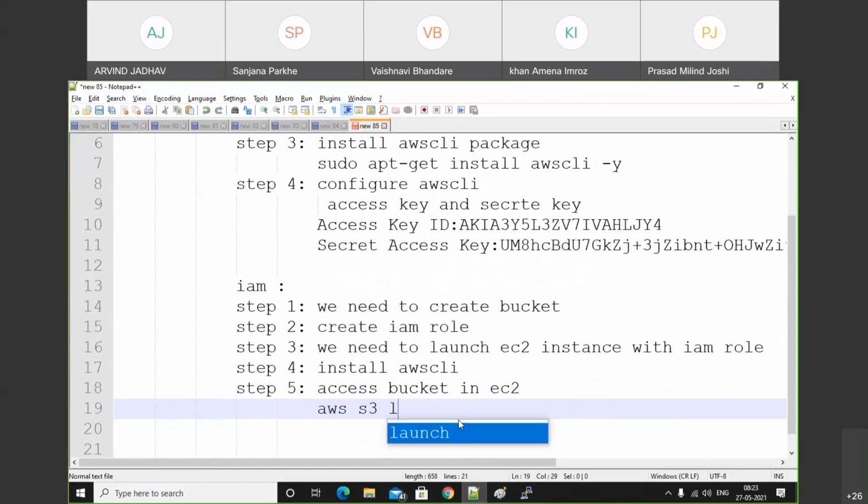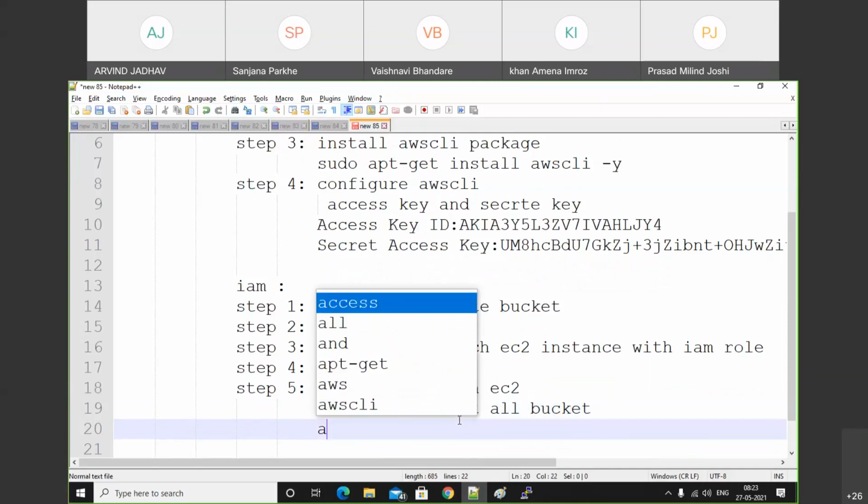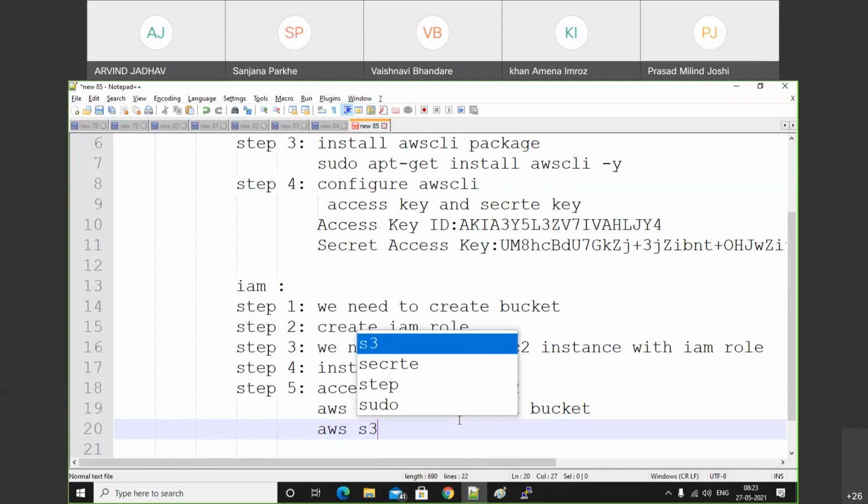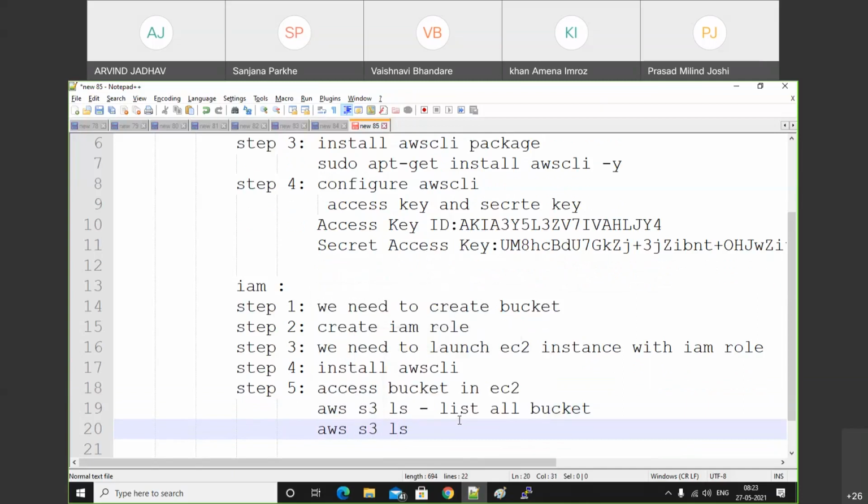AWS S3 ls. इससे क्या होता है? List all buckets. AWS S3 ls s3://SUA lists SUA.